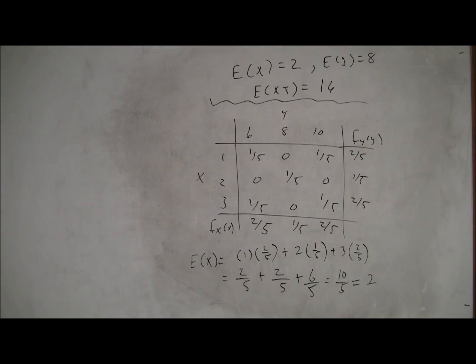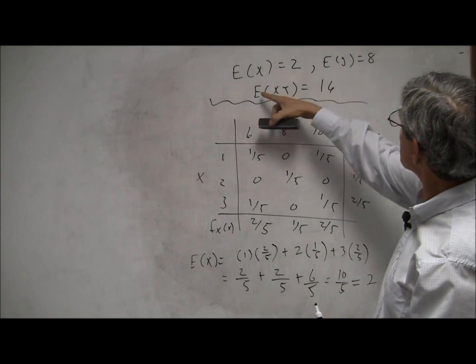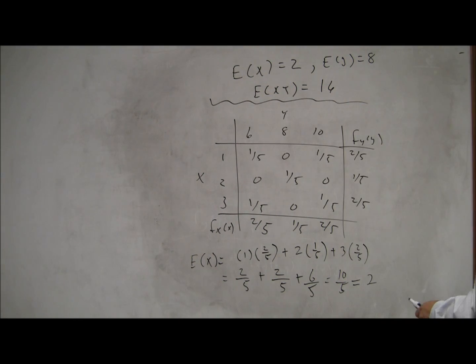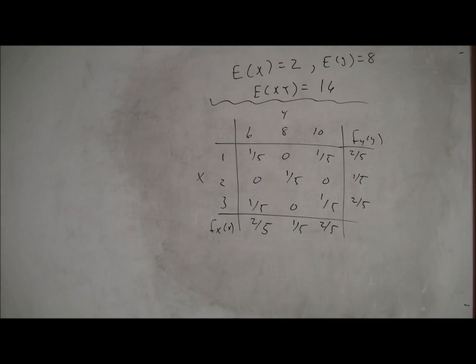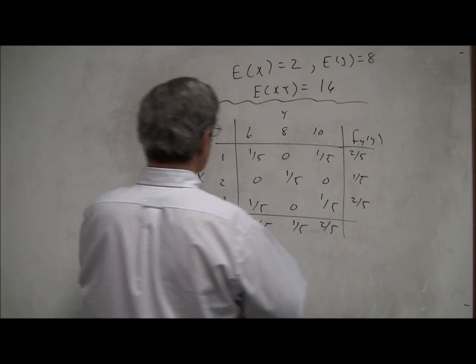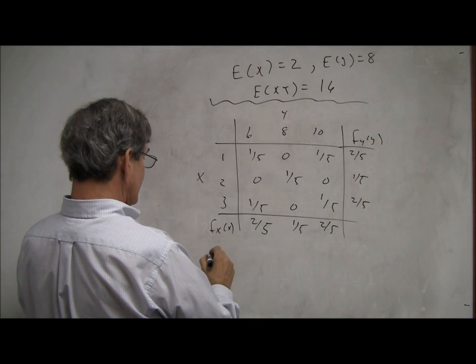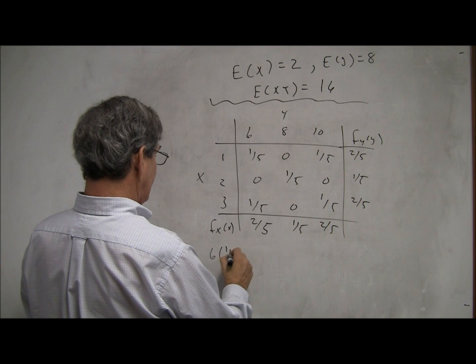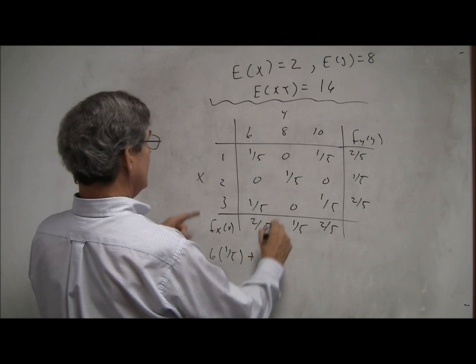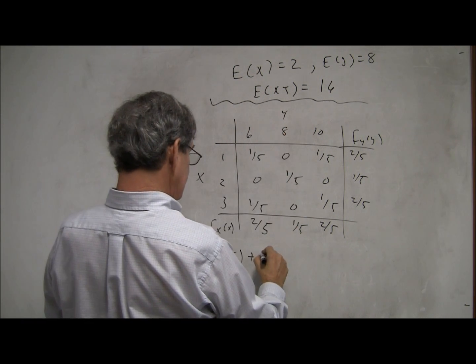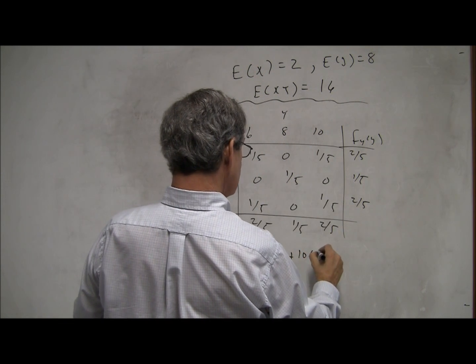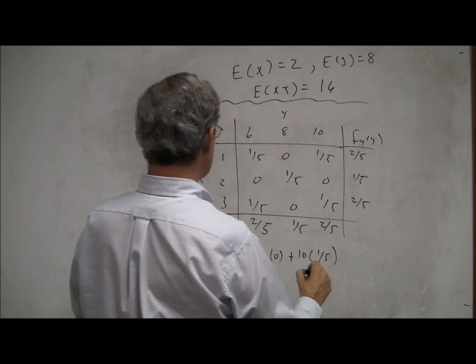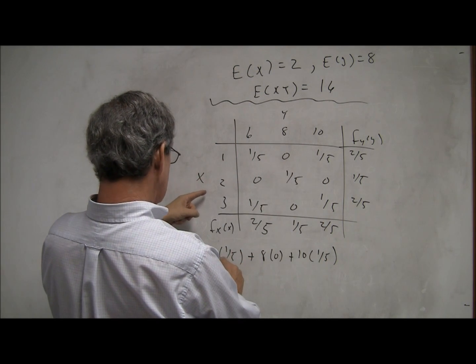All right. And to get this one, how do you get this one? You would take the expected value of xy. So you take x times y. So it's 6 times 1/5 plus that times that, 8 times 0 plus 10 times 1/5, that's the first row, plus 12